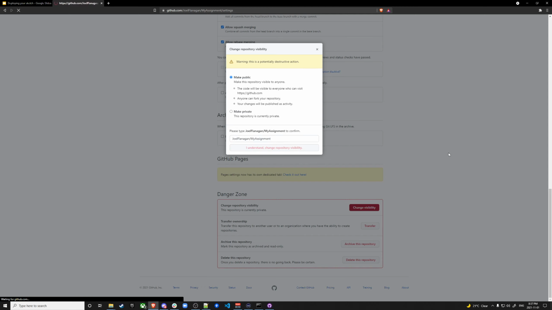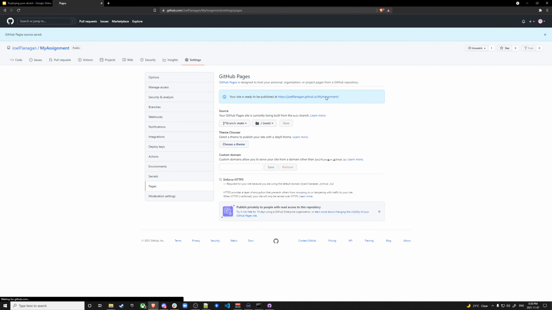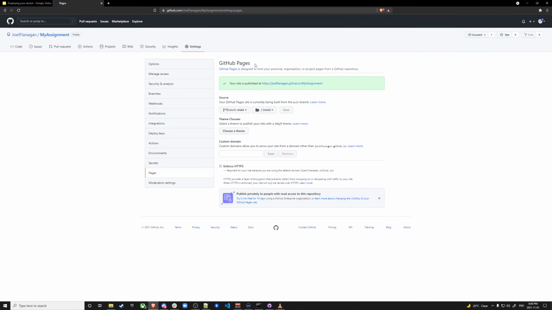I'll go back into Pages. I'll set the source to my main branch, that's the default main branch. You can make other branches if you are working on different things and merge those back together. We won't get into that right now. And now I'll hit save. So this URL has been created, and this is how we can view our website on the internet and share